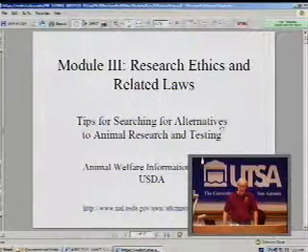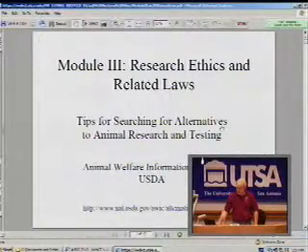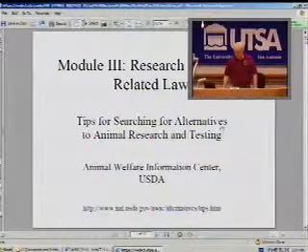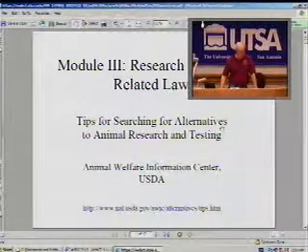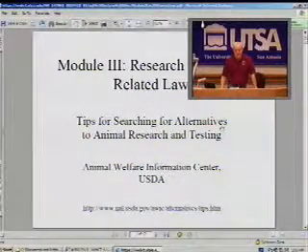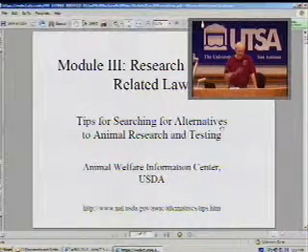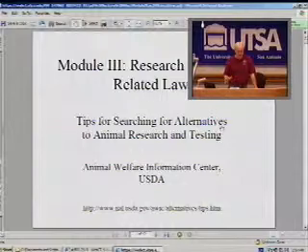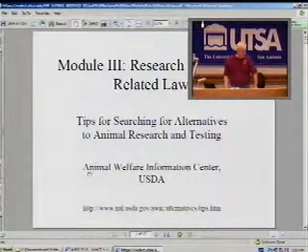So this is one of the responsibilities of scientists working with animals, live animals in research. Even if you're working with dead animals, they were alive at one time, so you still have to justify how they went from being alive to dead for you to use them. Regardless, we will also consider the